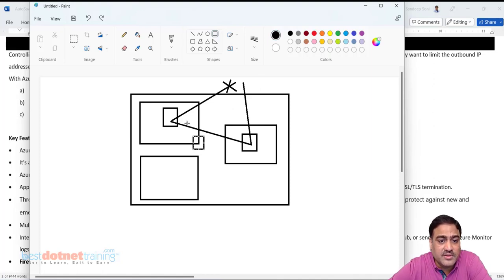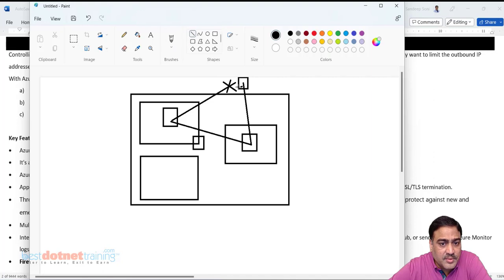Now what firewall does is, if you block outbound traffic, inbound automatically gets blocked. Imagine my machine is here on the internet.